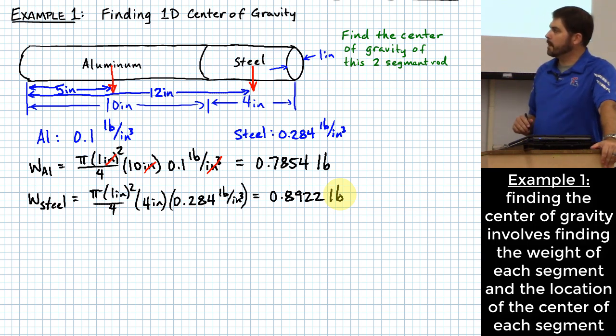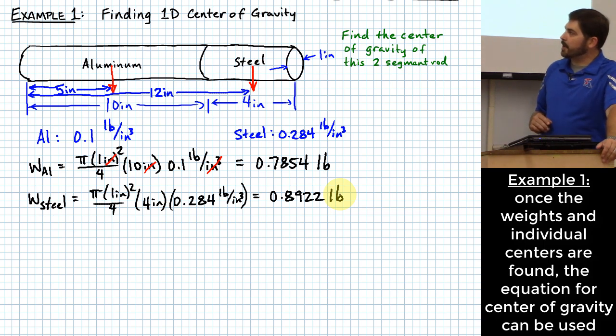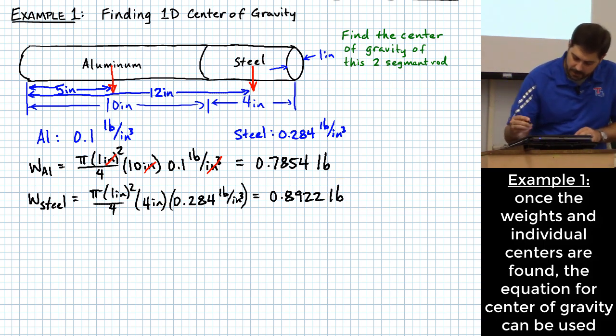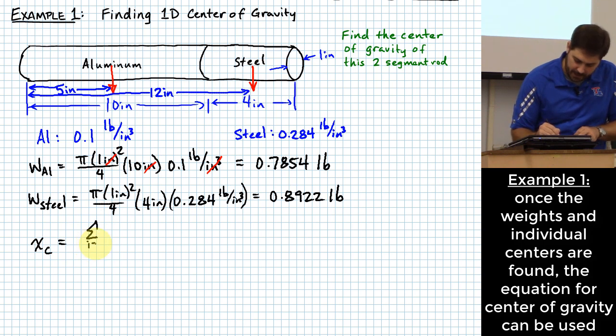Okay, well then what? All right, now I just apply my equation, right? The center, my x sub c value, the center for what I'm trying to find, is just going to be equal to the sum, i equal 1 to n, in our case, i equal 1 to 2,